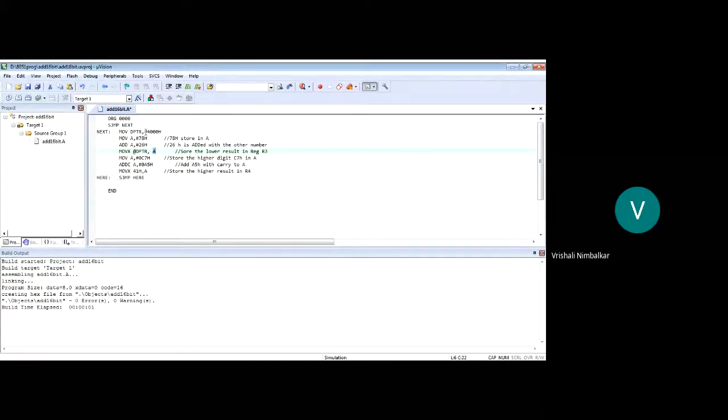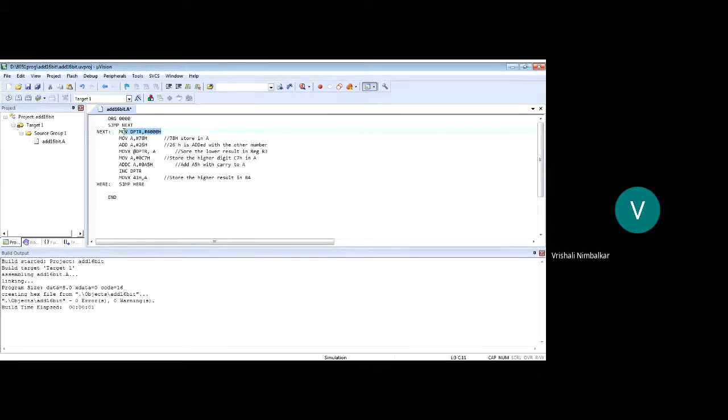And the next result is at 4001. Correct? So then DPTR should increase by 1. So this is where we are storing the result. Correct, students? So what do I need to do? 4000 should become 4001, so I increment DPTR. I could have also written MOV DPTR, #4001.